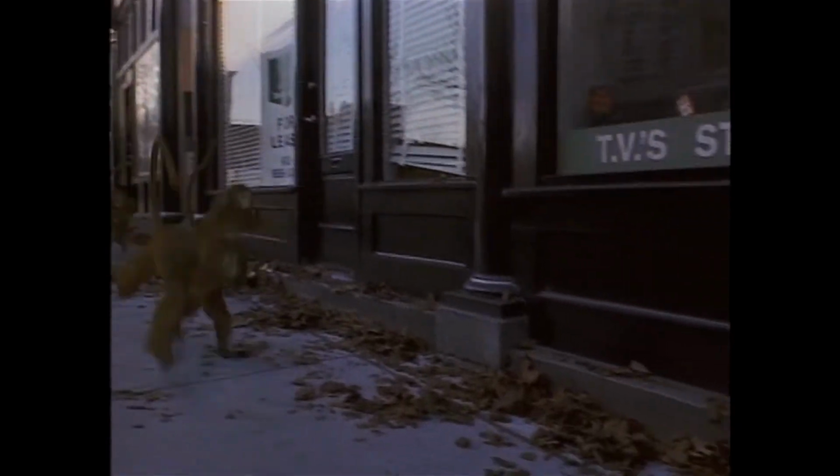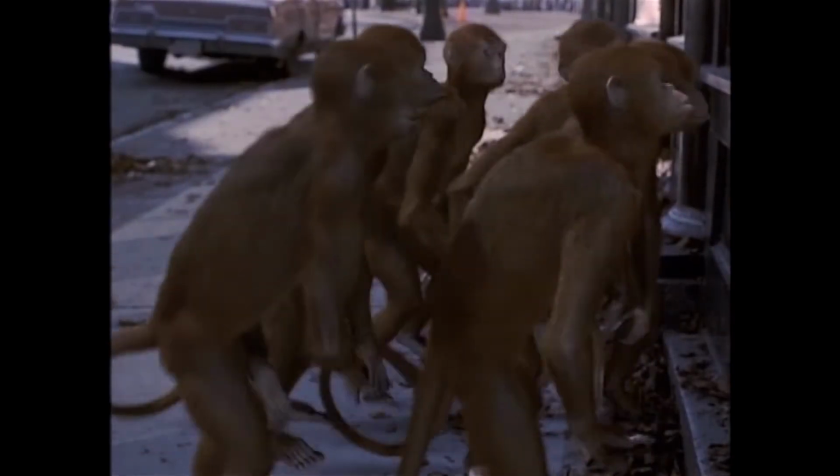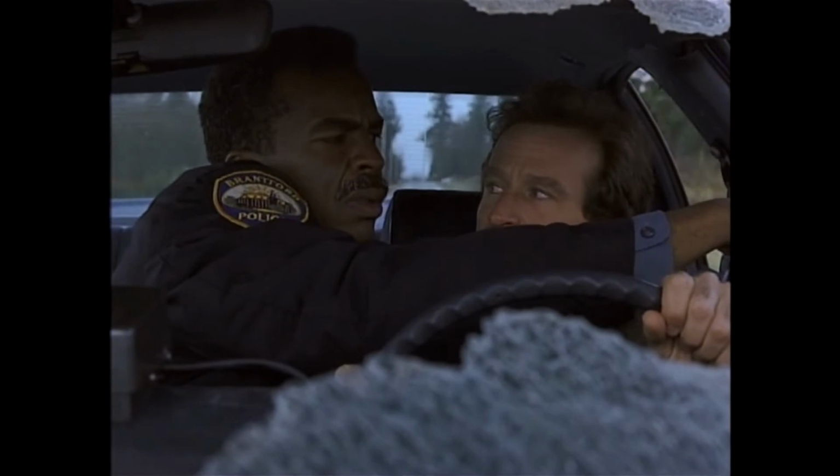Originally, the monkeys were supposed to be fairly human-like, and then gradually through the course of development, the monkeys started getting more and more ape-like in some way. We took reference trips down to the San Francisco Zoo to look at the look and the fur and the motion of a whole bunch of different species of monkeys, and then we finally ended up with something that's sort of unlike any monkey that actually exists anywhere in the known universe. So yeah, it was about a 3-month process to develop the look of the monkeys with a lot of incremental